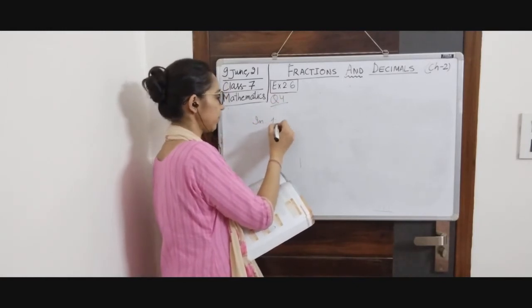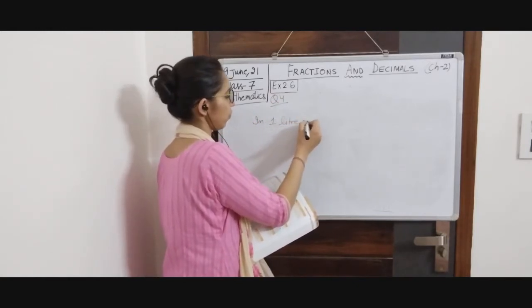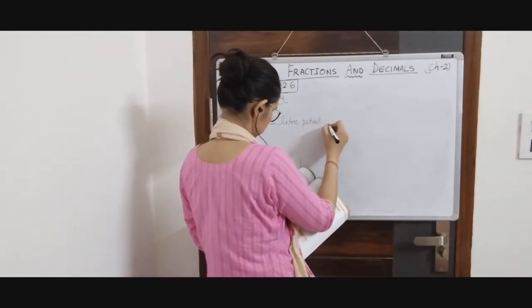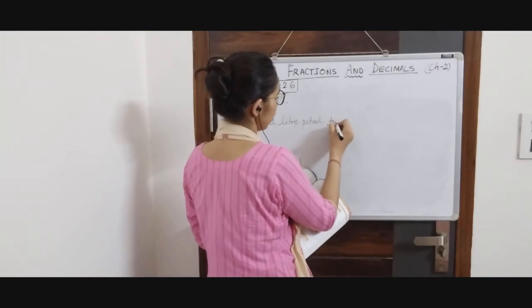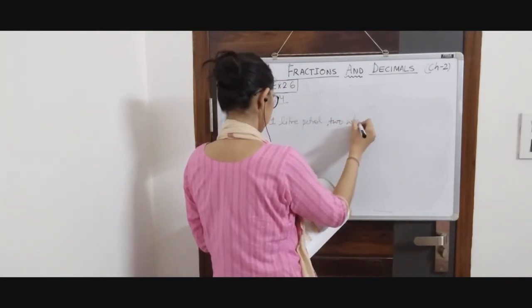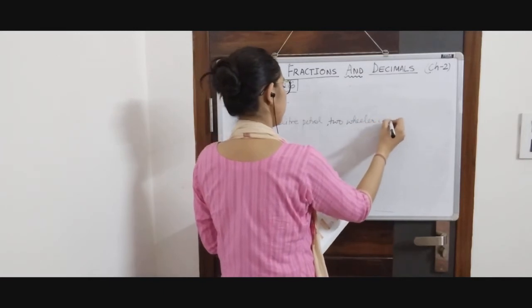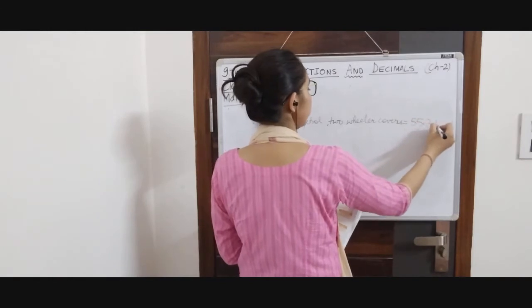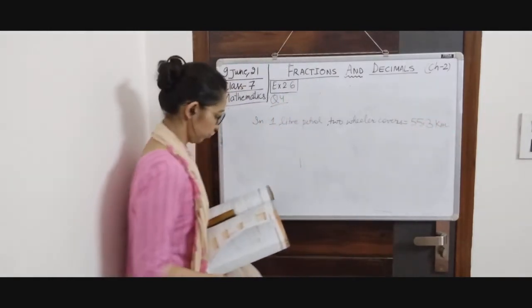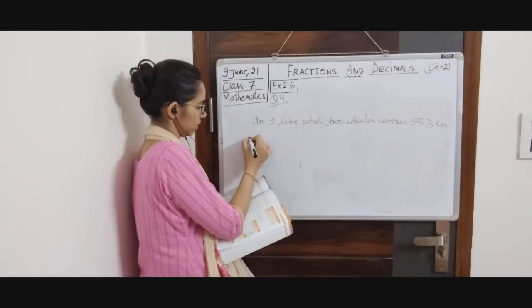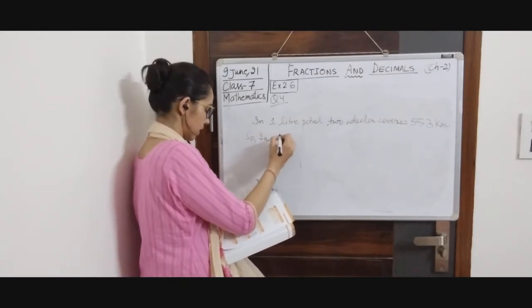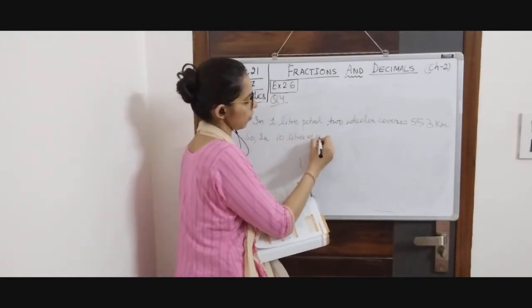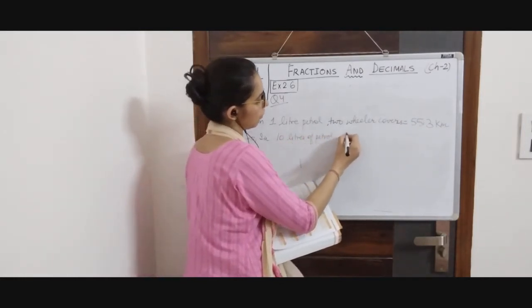In 1 liter of petrol, the two-wheeler covers 55.3 kilometers. Okay. So in 10 liters of petrol, it will cover,